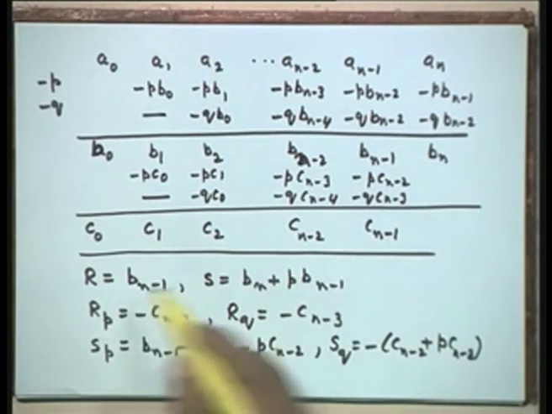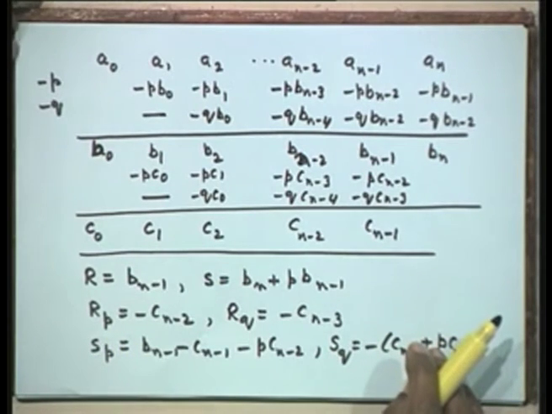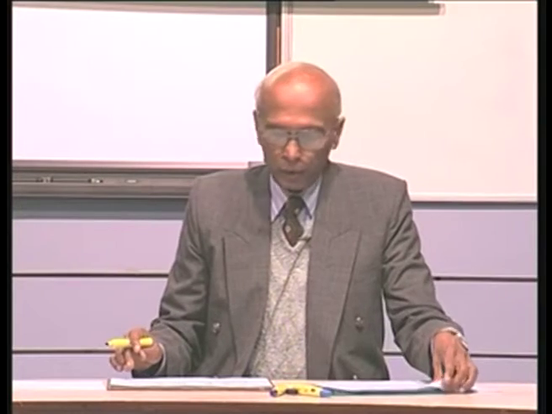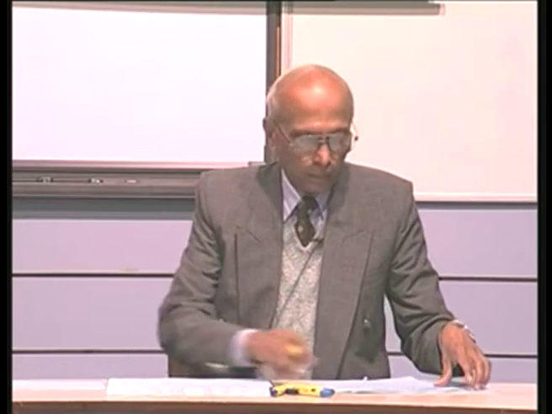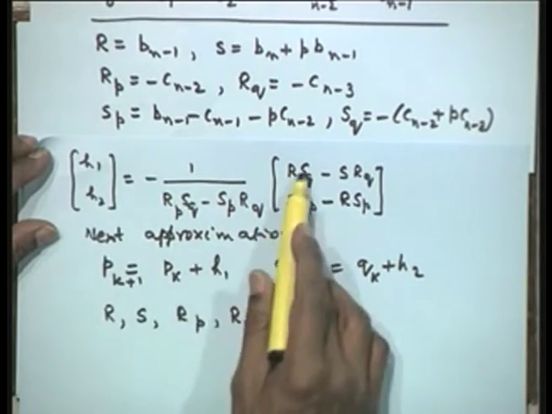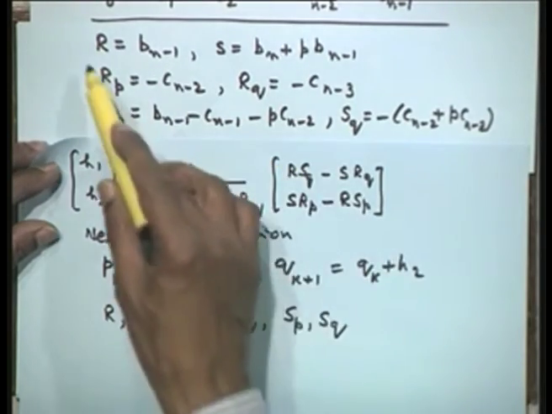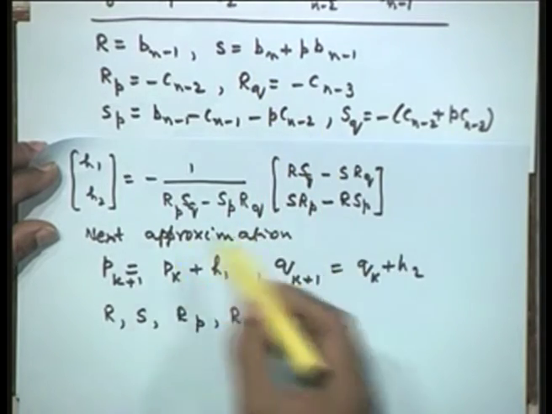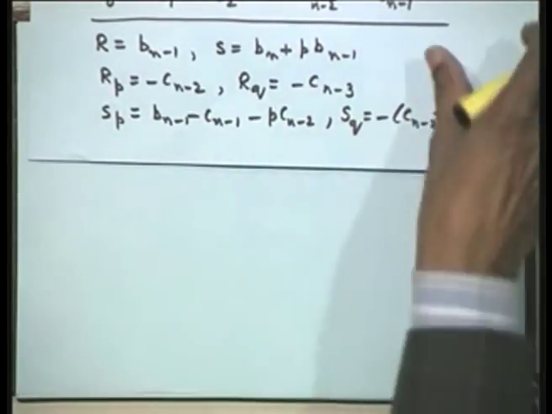Based on the formulas that we have derived earlier, these are the formulas that can be written for these 6 quantities. We can also write down what these quantities h1, h2 are from this. We can pick up the value of h1 from here. I can insert these quantities and write a formula for that also. Alternatively, I can obtain these 6 quantities independently and substitute in this formula to get my next approximation. For example, if I substitute these quantities in this, what I would get will be simply this.